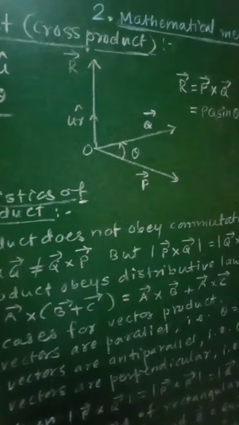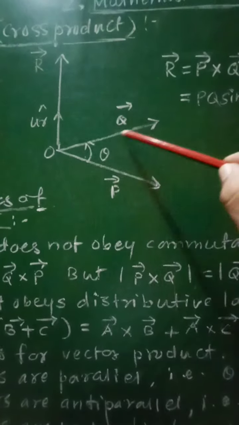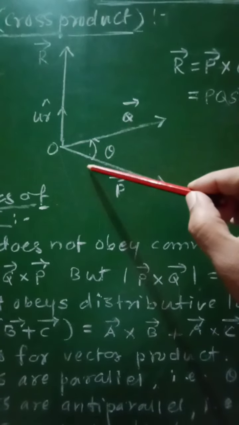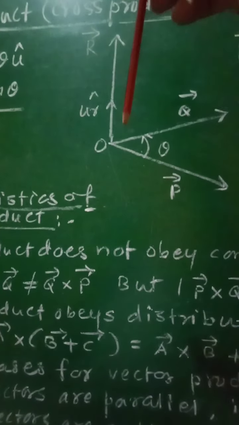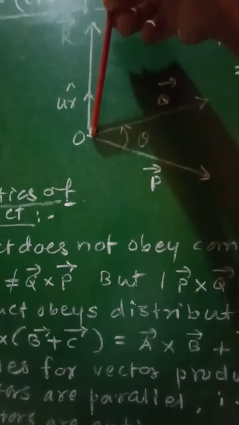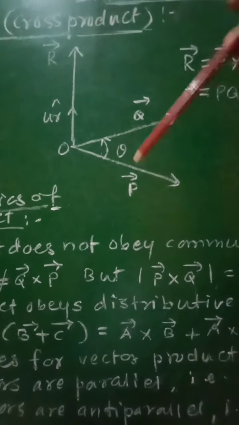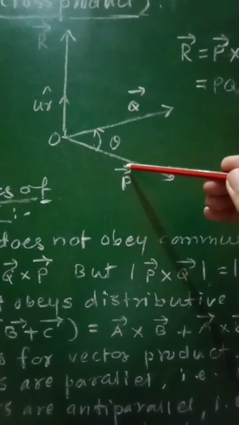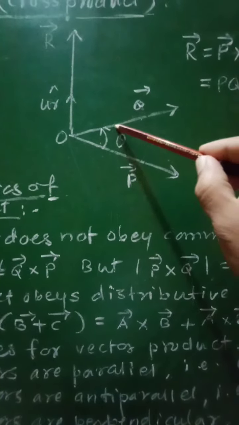Now, if you consider the two vectors P and Q, which are inclined by angle theta, suppose these vectors are lying in the horizontal plane, then if you proceed from vector P to Q, that is, if you consider the right-handed screw kept at the common point between these two vectors, then it will be observed that if the screw is rotated from vector P to vector Q, this theta will be the smaller angle between them,